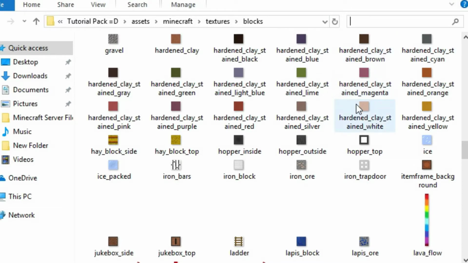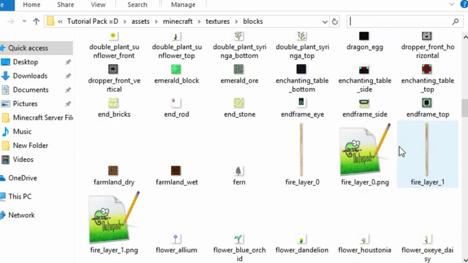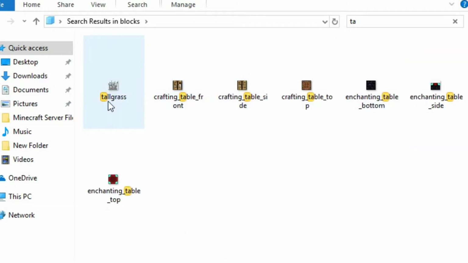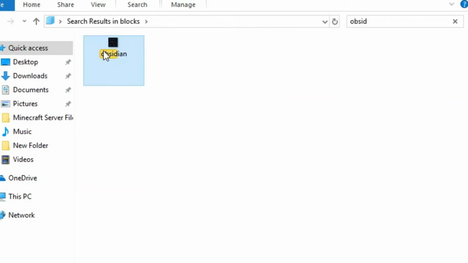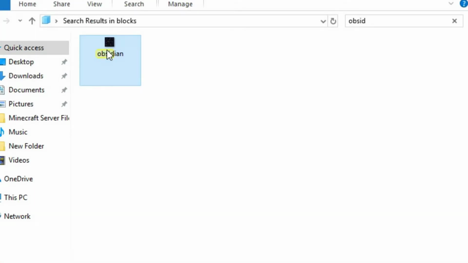And you want to search for your block. So in this instance, I'm going to just search for any random block. Table. Okay, we are going to, I would say obsidian. Now you have obsidian right here in its little file. It's a PNG file, and